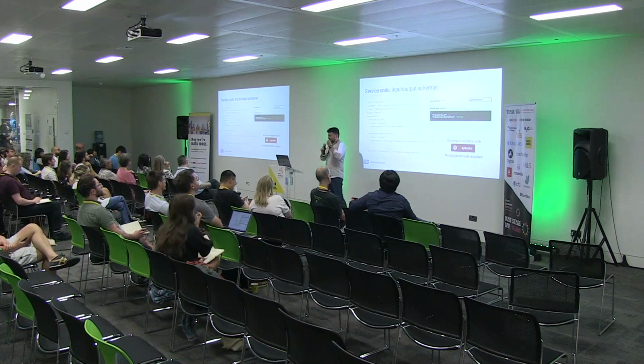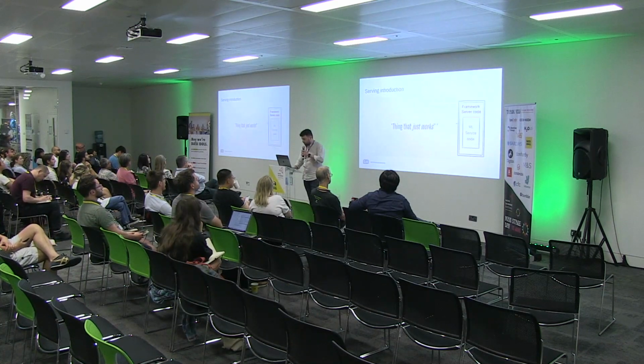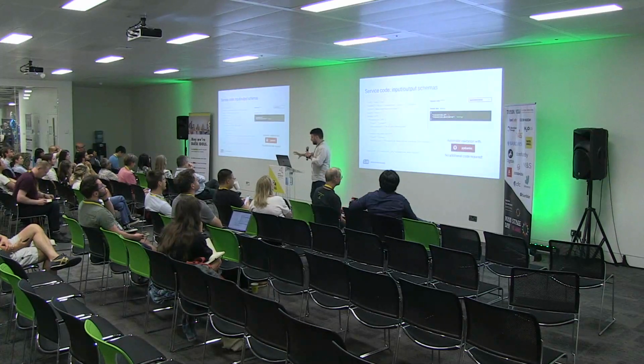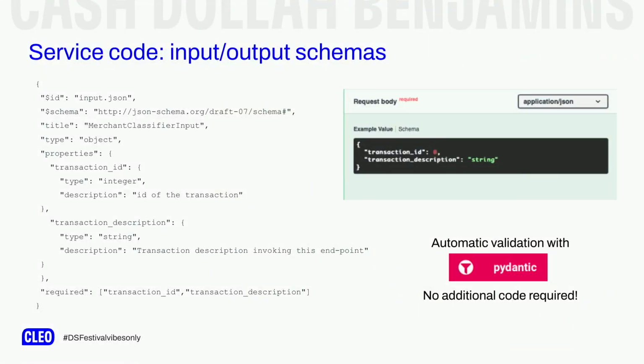But what is this ML service code that I mentioned before? Basically, it is this, which is a JSON schema. You can define the input and the output of the service using a JSON schema. This is already connected to OpenAPI, because we are creating an OpenAPI spec that is used in order to improve the communication between the engineering and the data science team. And it's also connected to some code generation that is creating Pythonic models that are used for automatic validation.